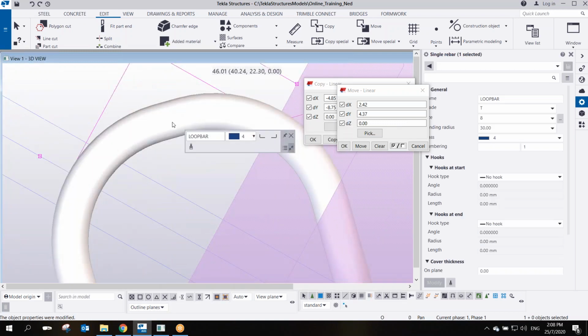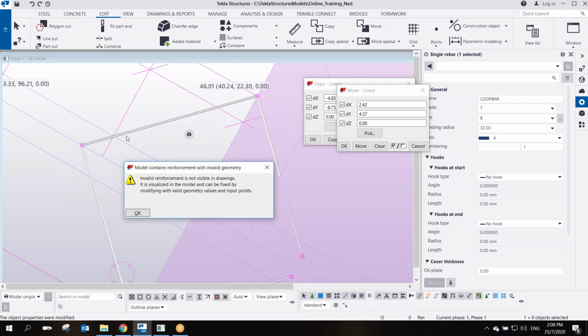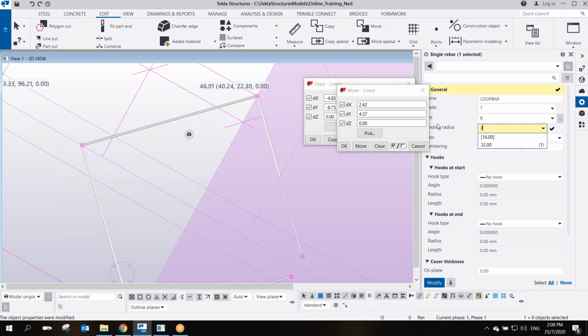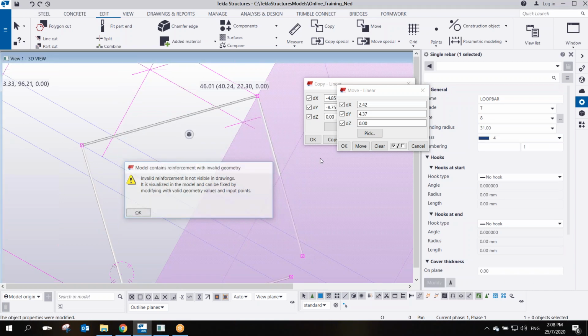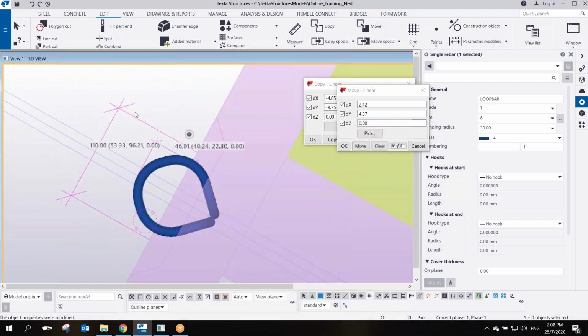If you want to make sure, you can type, let's say, 32. If this one becomes this line, then it means it exceeds the radius. So I think 30 is the maximum there. Yeah, 30 because of this radius. Okay, so now